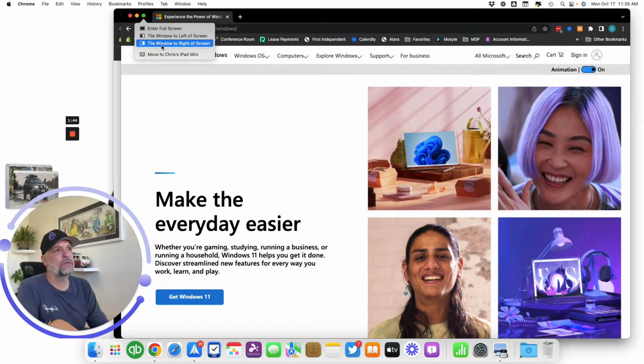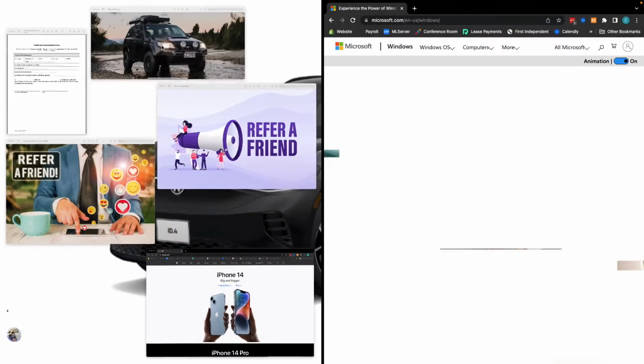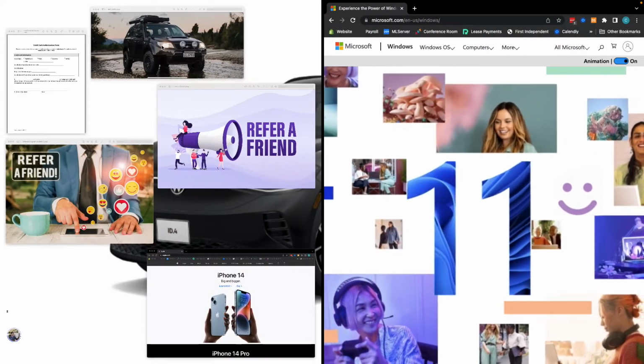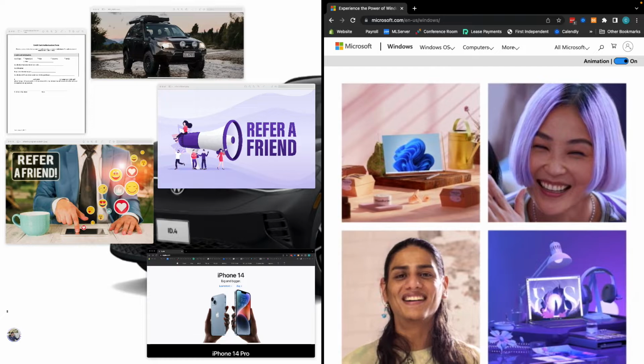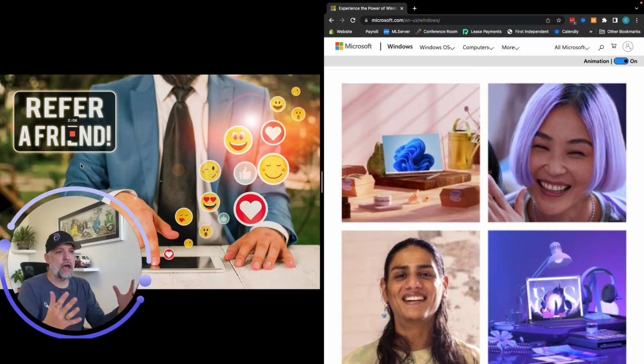If I choose tile window to the right, it moves the window I was on over to the right side. Oh my gosh, I got really small down over here. But now it's on the left side, and it's asking, what do you want to put on the other side? It shows you all of the other open windows that you have. So all you have to do is simply click on it,